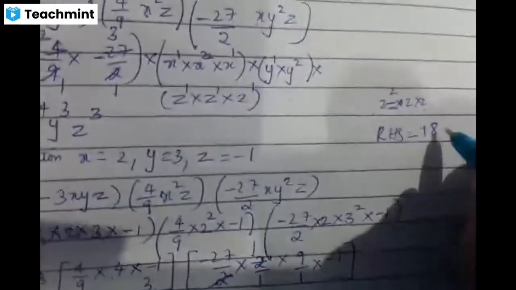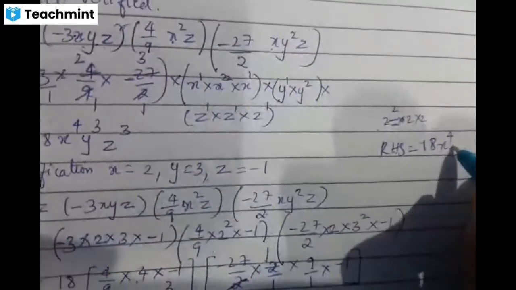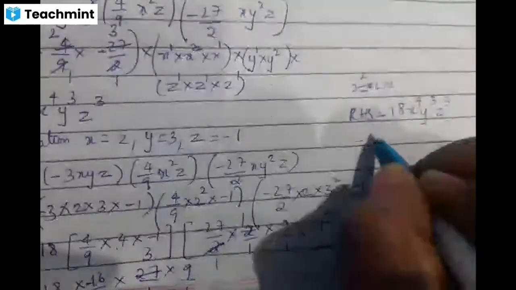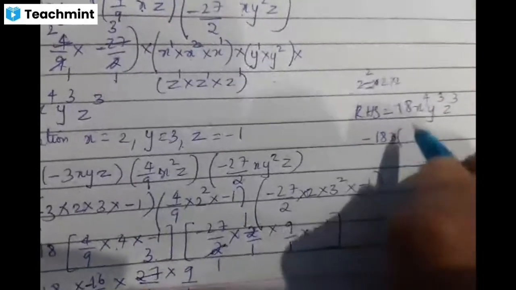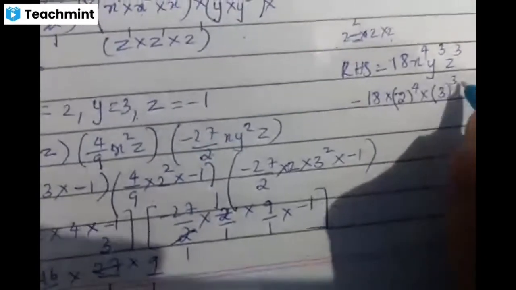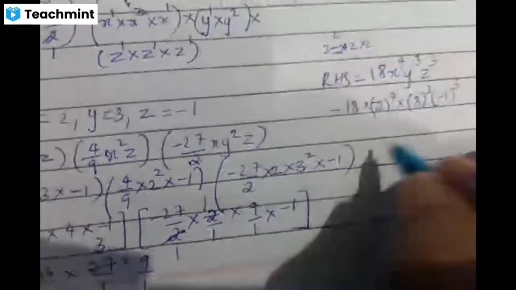the given answer, children. What we have got, 18 x to the power of 4, y to the power of 3, z to the power of 3. We know to substitute. In the place of x, we are going to write the x value is 2, 2 to the power of 4 into y to the power of, that is 3 to the power of 3, minus 1 to the power of 3. 18 into 2 to the power of 4, children, which is 2 is multiplied 4 times. That is